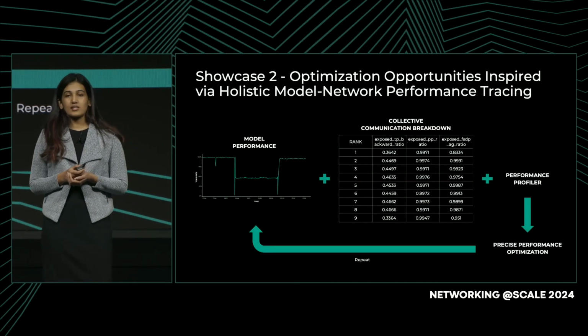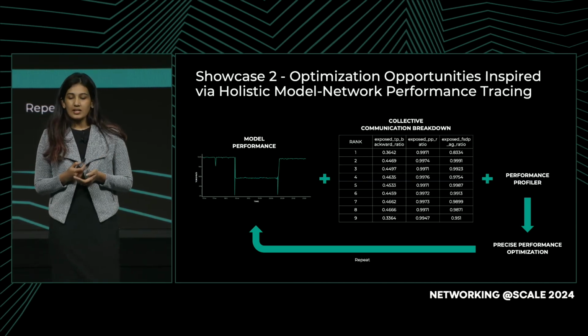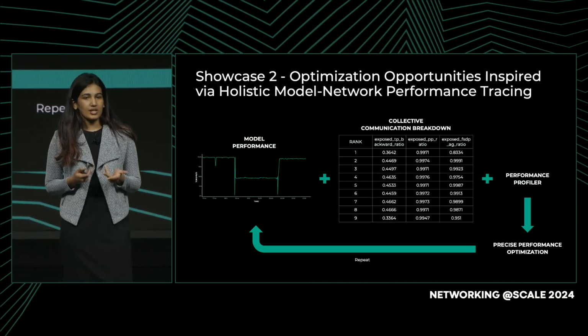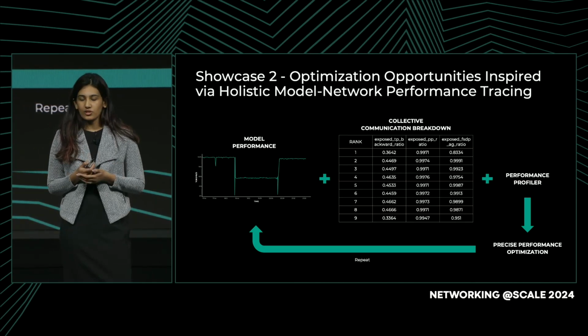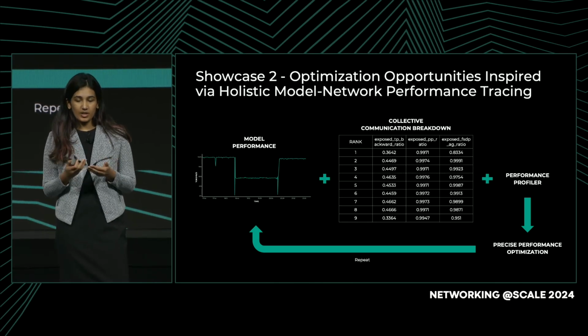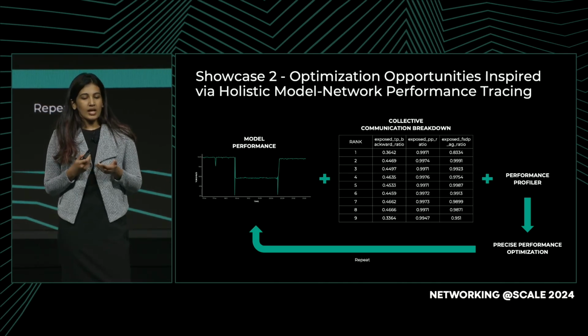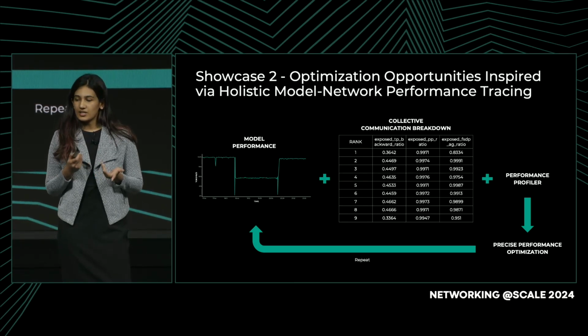So in this showcase, we show how we combine the 3 visualizations that we built in order to complete this debug workflow. First is the model performance timeline. This basically tells us if there's regression in how fast the model is consuming the tokens to train. Secondly, we have the detailed breakdown of the parallelisms and the communication operation times. This tells us the most exposed communication times that are very sensitive to the model performance. And third is the performance profiler that we already visited, which basically tells us if there's any slow ranks or